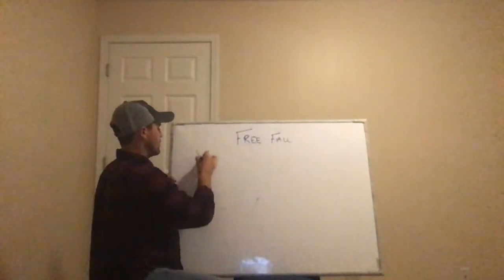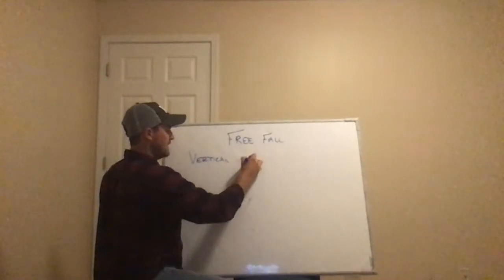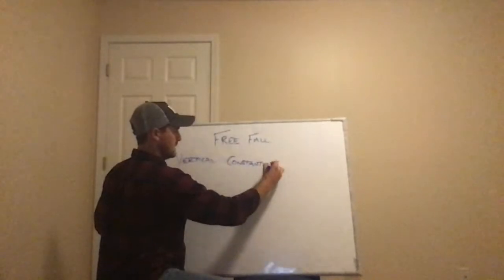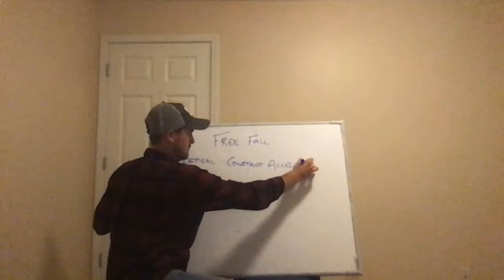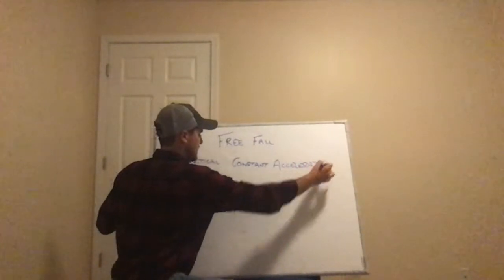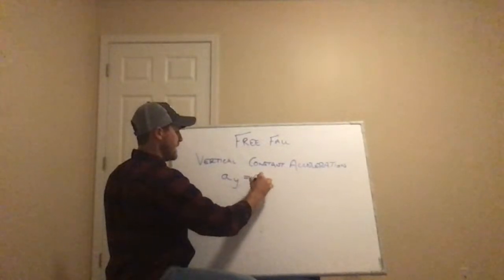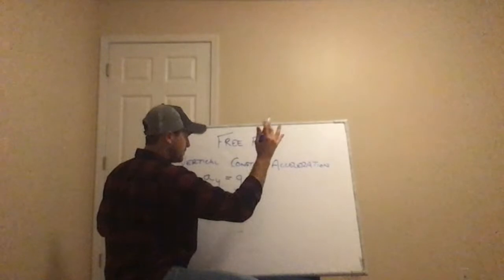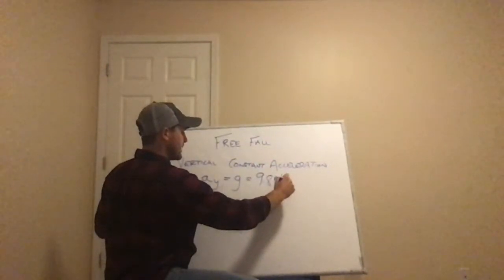Free fall is vertical, constant acceleration motion, in which the acceleration in the y direction is equal to baby g, which we have said all year long, or also unit long, is 9.8 meters per second squared